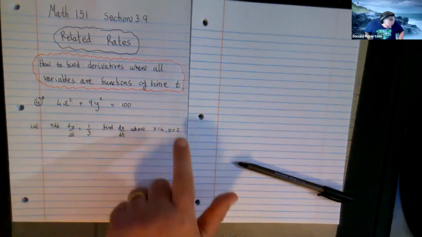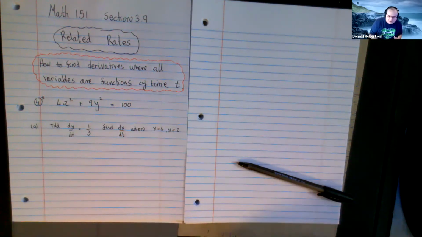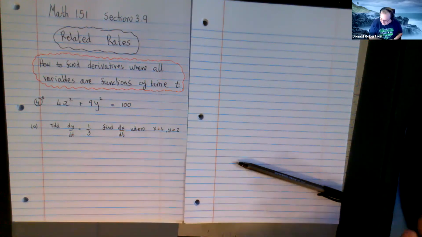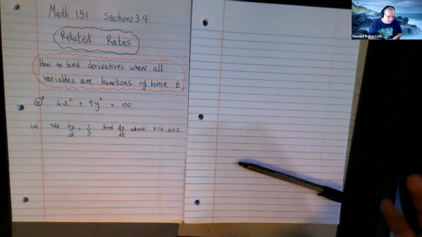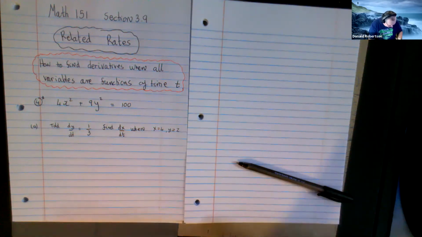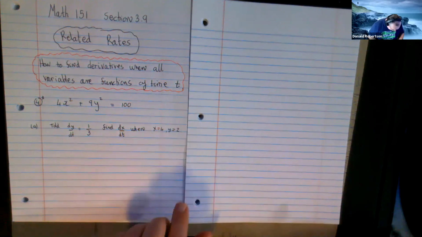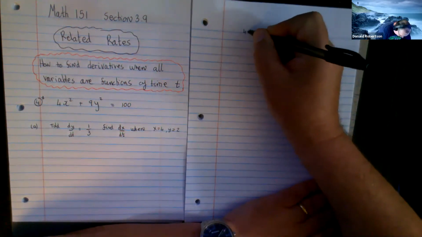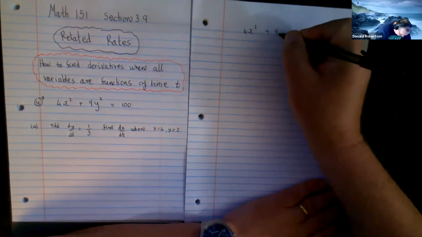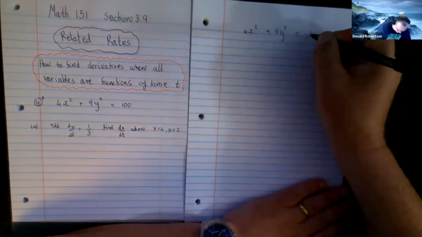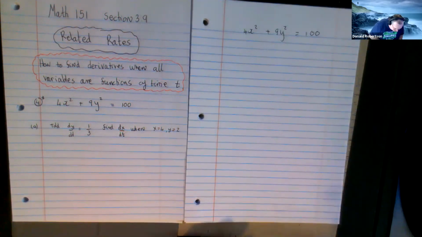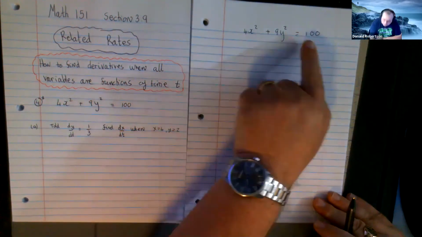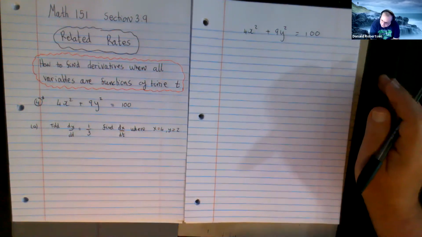So in these related rate questions, you're always being asked to find dA by dt or dV by dt. You're always being asked to find some derivative of a variable with respect to time. And they give you enough information to put the package together. So what you would do in questions like this is you start off with the initial formula or expression, and then you differentiate everybody. So it's very like implicit differentiation,